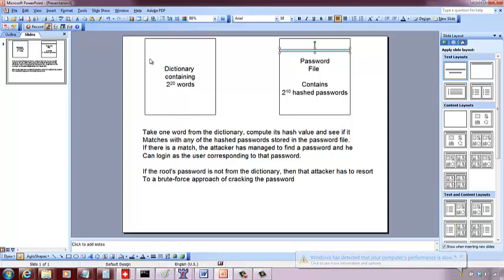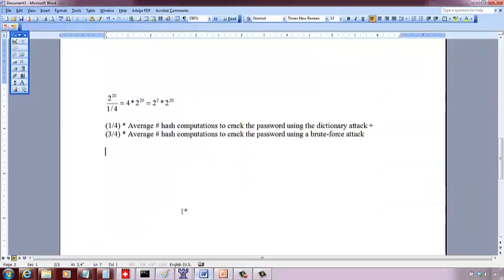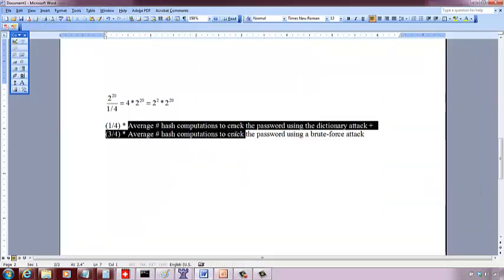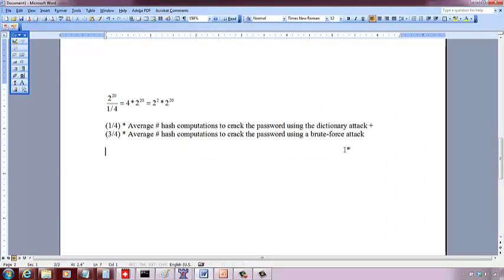On average, you will try half of these passwords from the dictionary and see if it could be the root's password. So if you are successful, on average, you would try only half of these. Okay, so that's why the average number of computations to crack the root's password using the dictionary attack is going to be